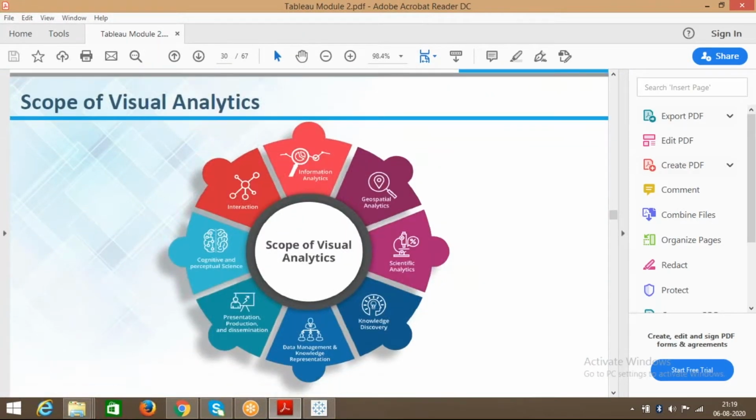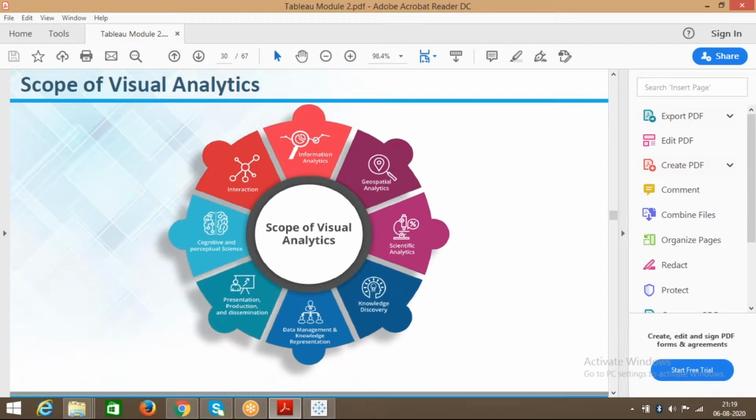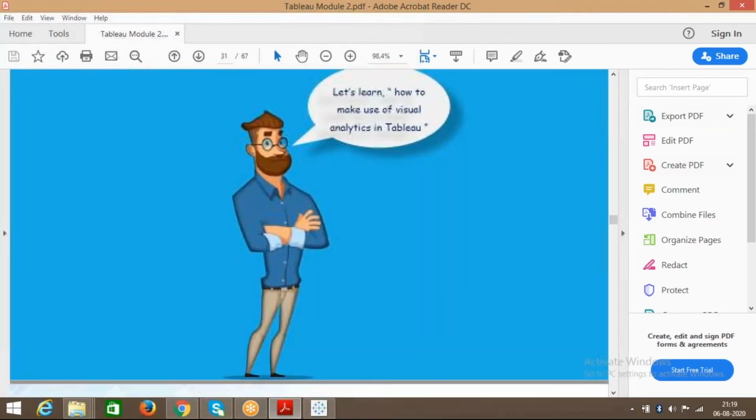And there are some of the scope: information analytics, geospatial analytics, scientific knowledge discovery, data management and knowledge representation, presentation, production and dissemination, and cognitive and perception science interaction. This is some of the scope of analytics.